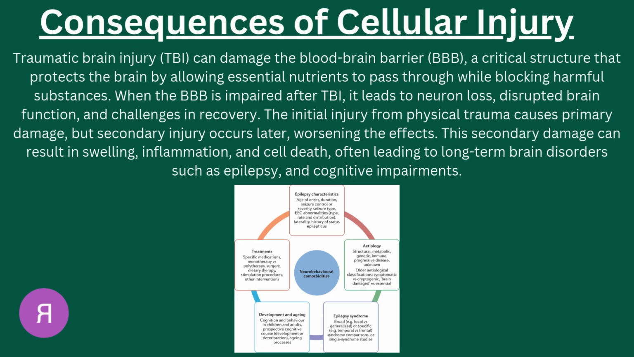Some consequences of cellular injury. Traumatic brain injury can damage the blood brain barrier, a critical structure that protects the brain by allowing essential nutrients to pass through while blocking harmful substances. When the blood brain barrier is impaired after traumatic brain injury, it leads to neuron loss, disrupted brain function, and